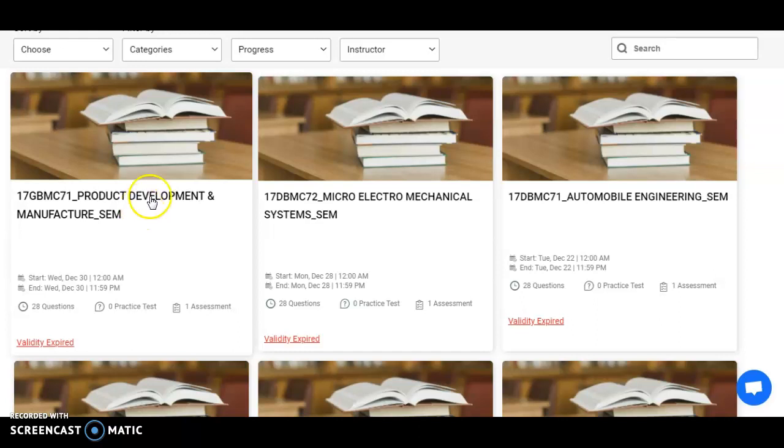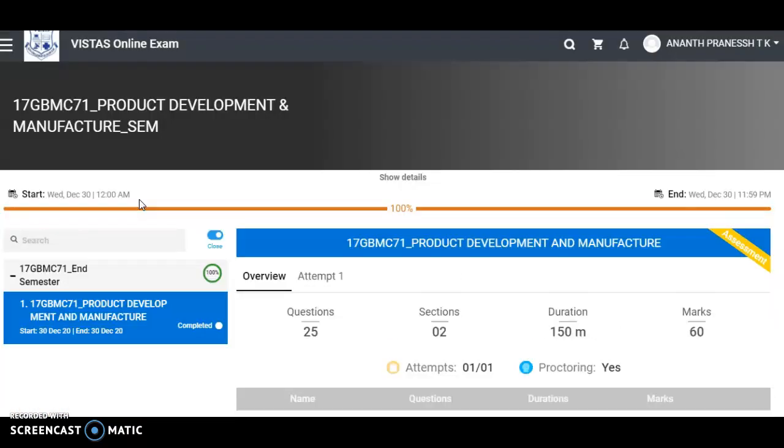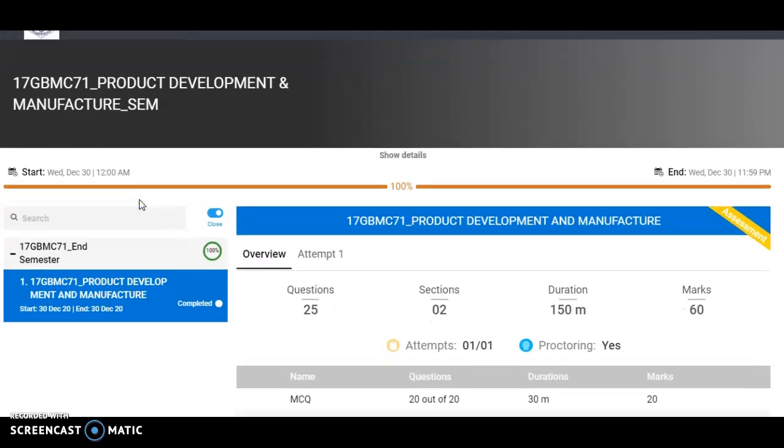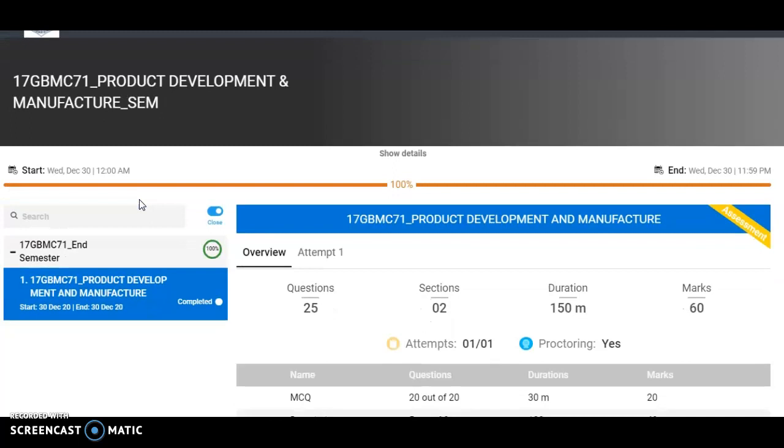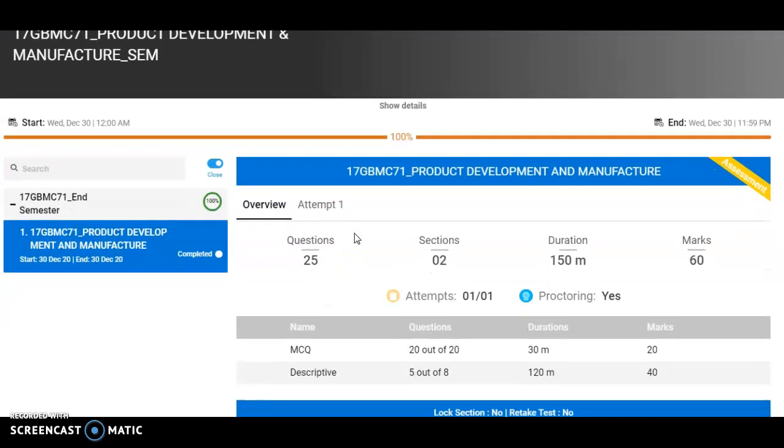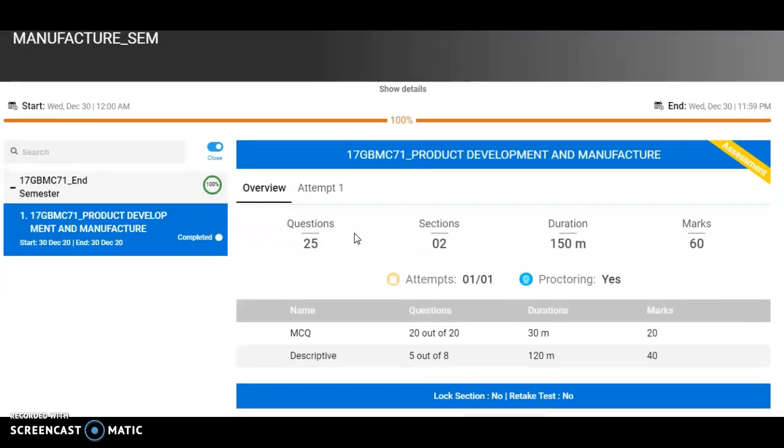If I am going to appear for this subject, we just press this, then you will see the details about the particular subject. This is the subject code and subject name. The details are available on the left hand side. Then on the right hand side, the instruction details are available.